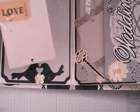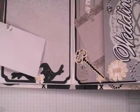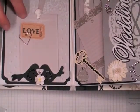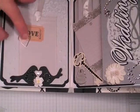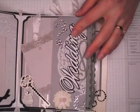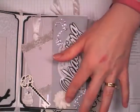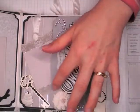And then this little tag pulls out. And so there's a lot of space for pictures and journaling. I've added a Tim Holtz ticket and another one of those cute little heart clips. This page is titled Wedding, and I've added some more rhinestones, another Summer Bloom, or three Summer Blooms layered, and